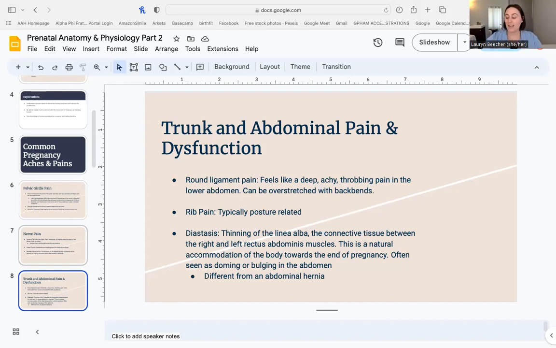For some people, as that ligament stretches, and there is one on each side from pubic bone to the front of the uterus, it can become quite painful. Oftentimes, people will notice this during their first pregnancy, right around 20 weeks, 22 weeks, when things are starting to stretch enough that they're feeling some pulling, some tugging. For some people, that resolves pretty quickly. The ligaments stretch quite comfortably. Other times, it can feel like a really deep, achy, throbbing pain.